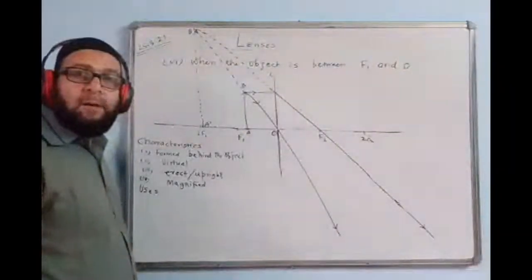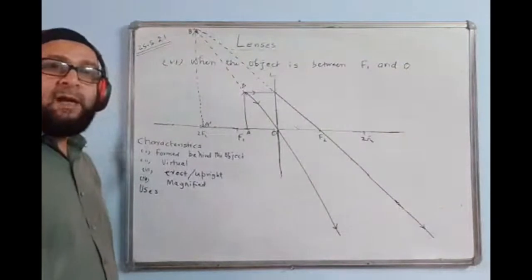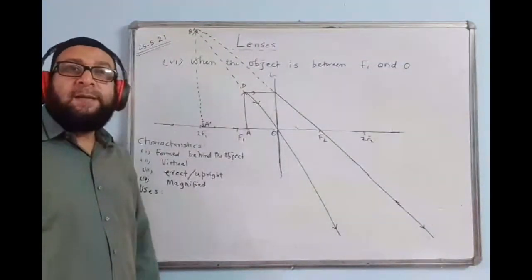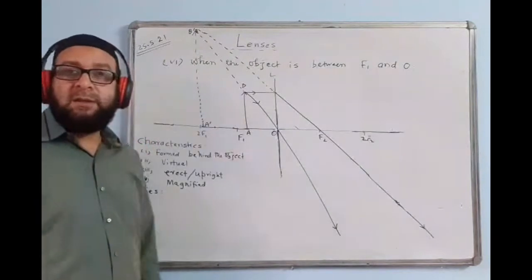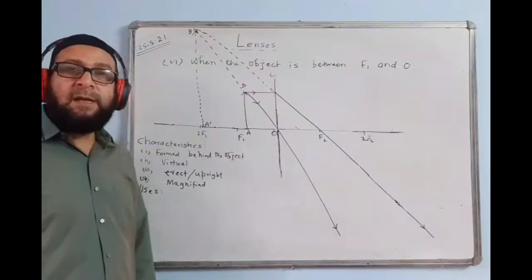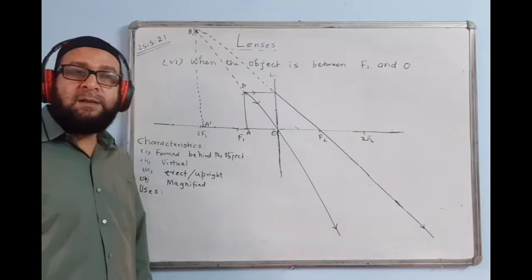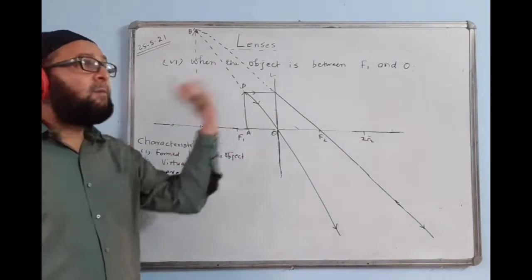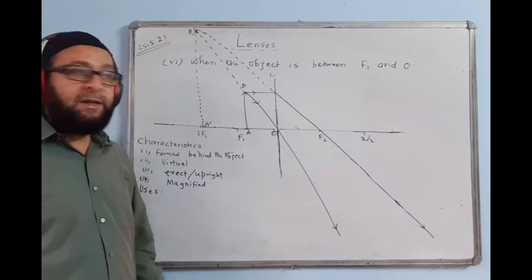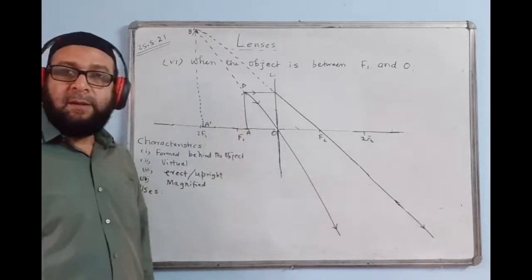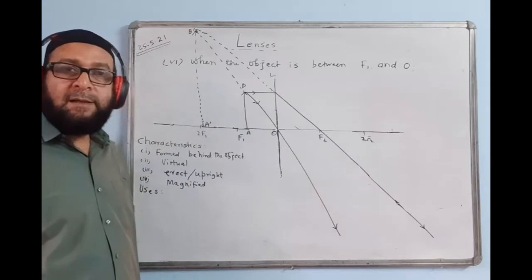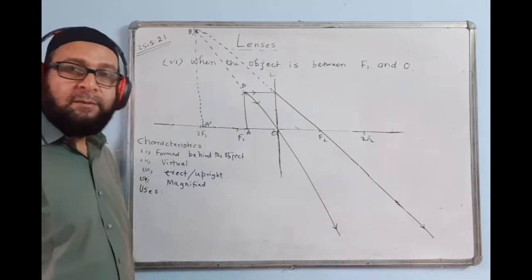A convex lens can form both real as well as virtual image. Virtual image only in one case, that's case number 6, the magnifying glass one. And in all the rest of the cases, it forms a real image. Real image will always be inverted and can be projected on the screen. Whereas virtual image is always erect or upright and it cannot be projected on the screen.